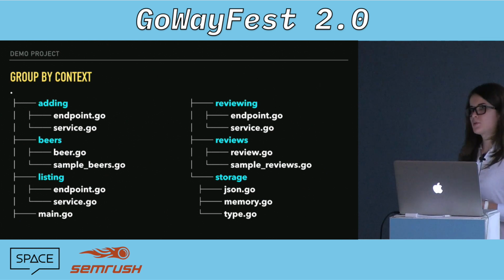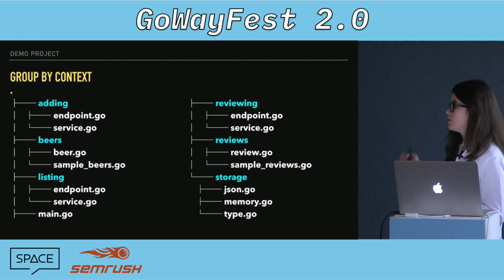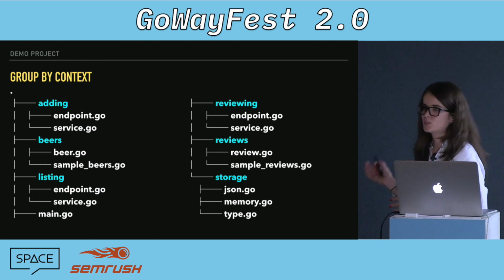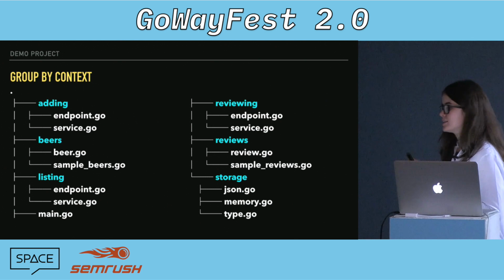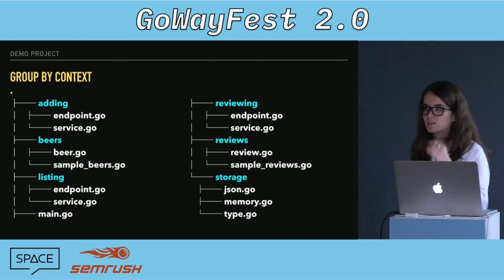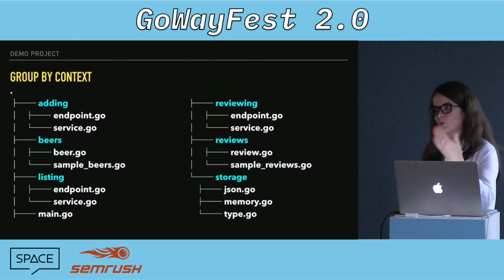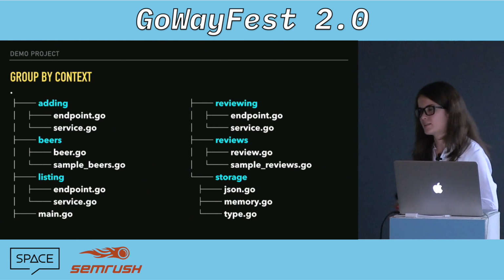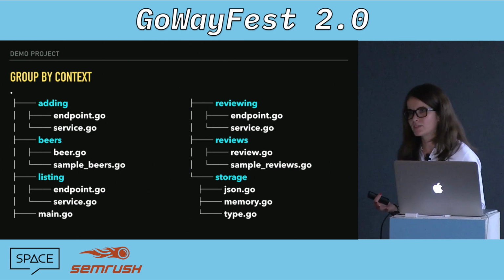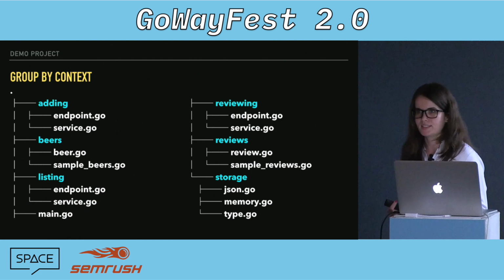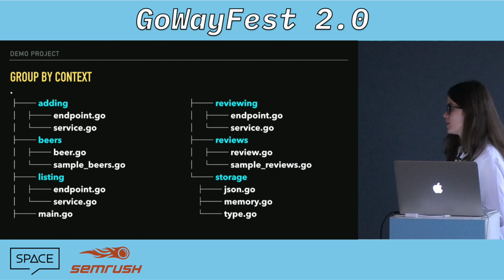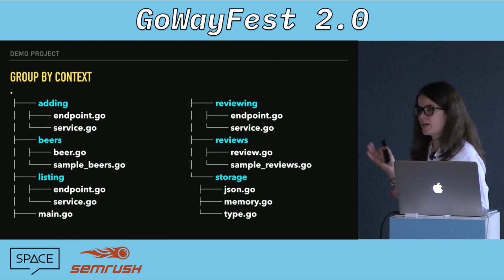But there are still some slight problems with this. For example, how do I add sample data? So far, in all the implementation, the sample data was added in the init function. So every time you run the app, it will go through the init function and try and add sample data. Well, that's not ideal because I don't have any control over when I add the sample data. It just happens every time. So if I wanted to somehow extract this from the main, then how would I do this?